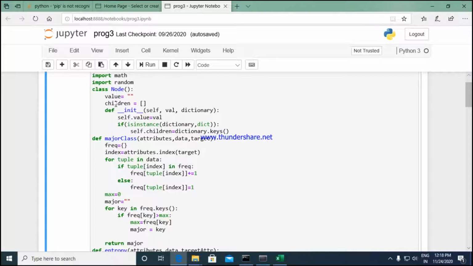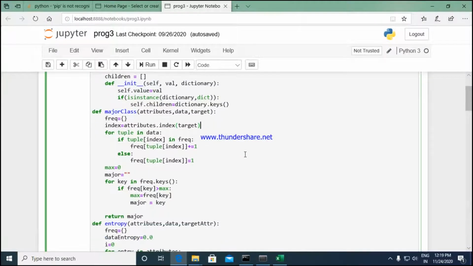So what is a tree and how does a tree structure look? A tree mainly comprises a node and a branch. The node is nothing but your feature value and the branch is nothing but the decision making process. You apply a test on the feature value, and whatever be the result of the test, accordingly you will make your decision and choose the traversal of a certain path. Here we are defining the class node, that is, we are defining how our tree would look, and after this we have to now build our tree.